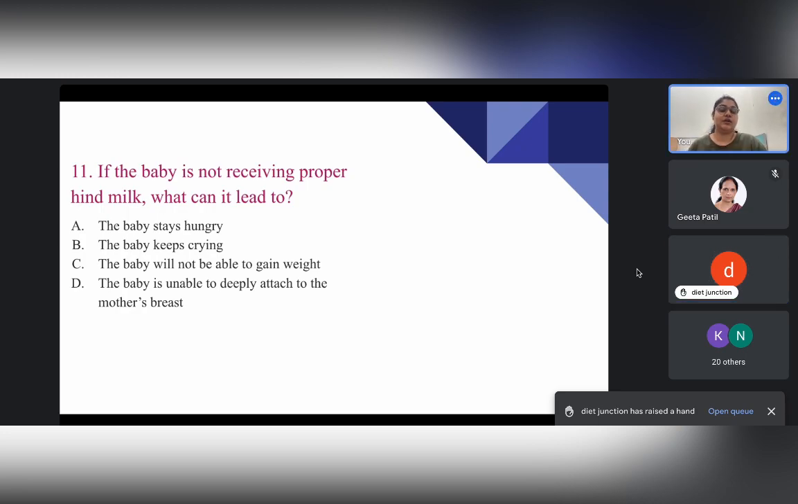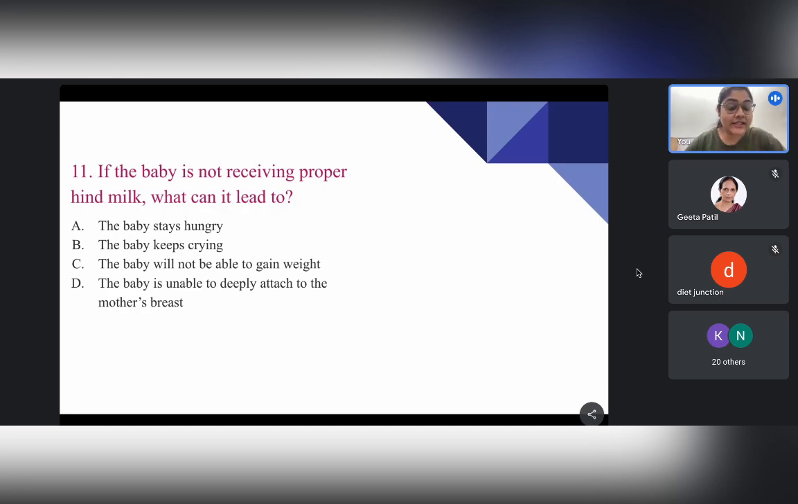Right, right. So this is to be remembered, that the hind milk is so important that the mother needs to be informed that okay, it is not that I'm only